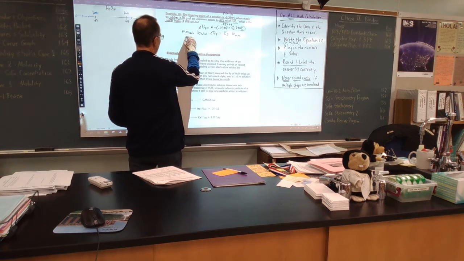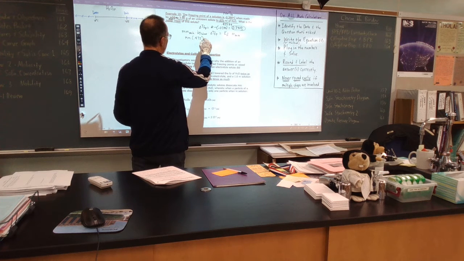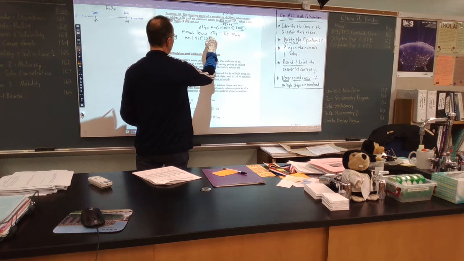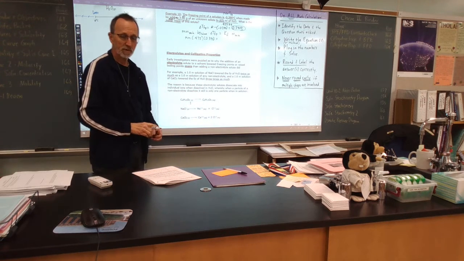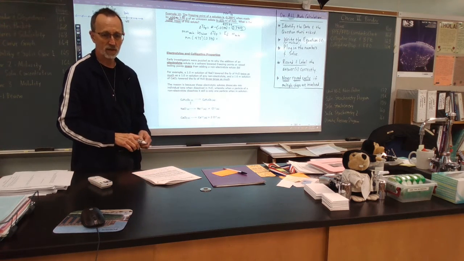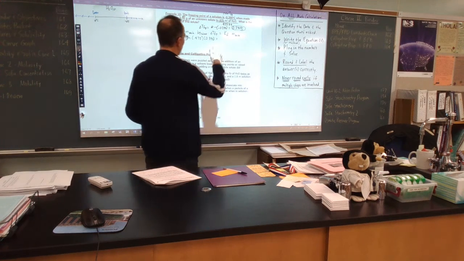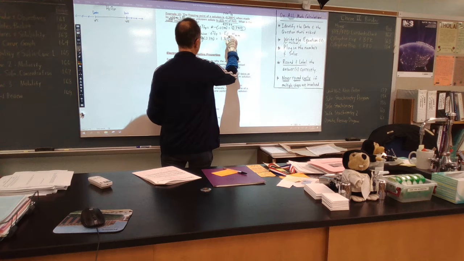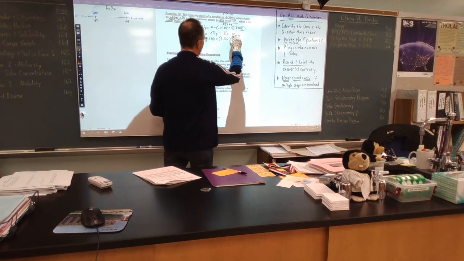So MM we're looking for, our kilograms is 0.475. Change in the freezing point, 0.390. Kf, remember Kf is a constant. We pull that off the chart that you got in class the other day. For water, that is 1.86. And the mass of the solute was given at